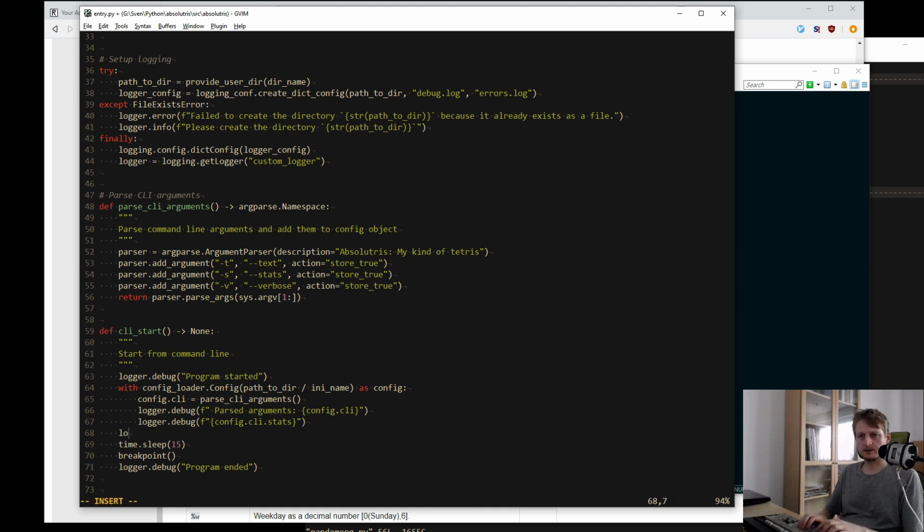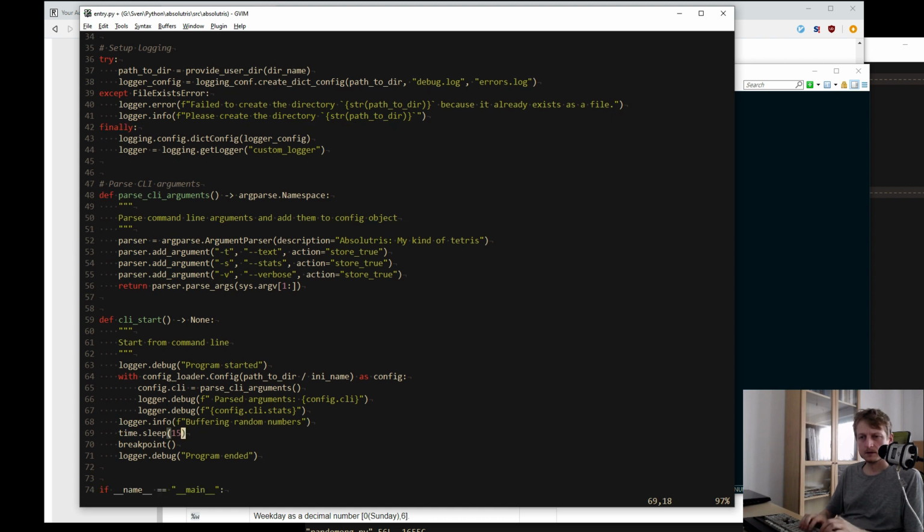Okay, we can say something like logger debug, or maybe even info: buffering random numbers. Time 15. Meanwhile, in the background, the client will buffer random numbers, and then we end up in the breakpoint,